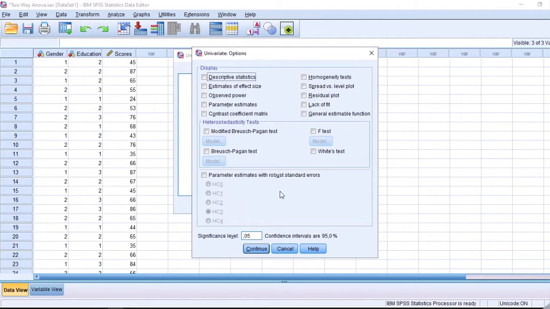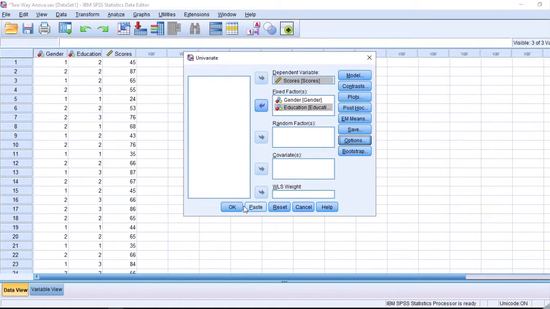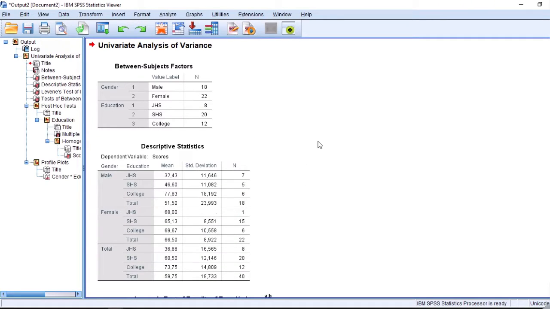In the options we have so many lists, and we just check descriptive statistics and homogeneity test. And don't forget, make sure the significance level is 0.05. Then OK, and then we move to OK for the result.